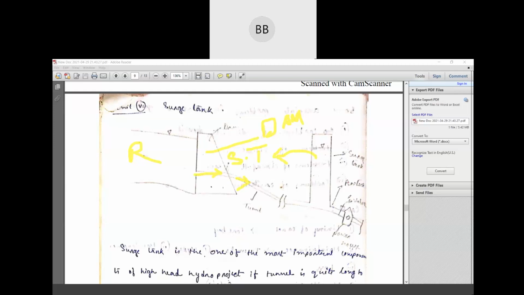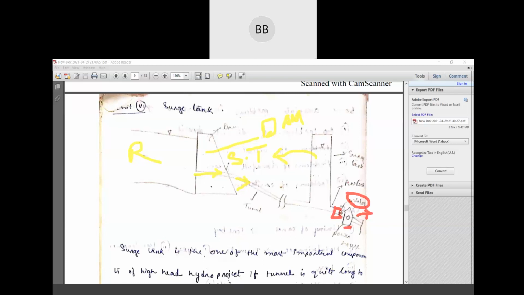Here we have a valve. According to the requirement, we operate this valve, as per the requirement of power, how much power we are going to generate. So this is like your penstock valve. In that penstock we have a valve where we can operate as per the requirement, divert the flow in the powerhouse to the turbine.